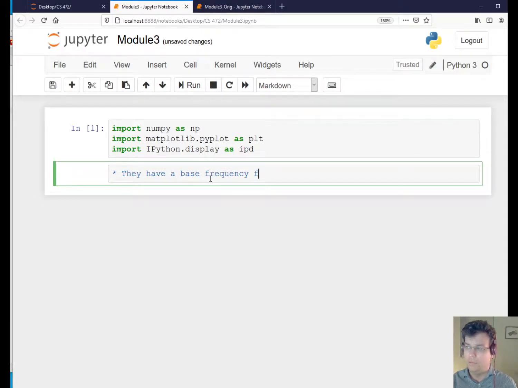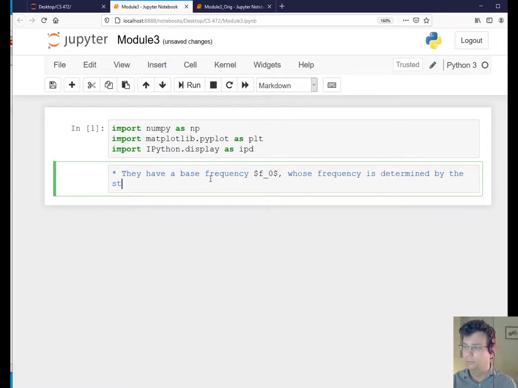I'll call it F naught, which is supported by, or whose frequency is determined by the string length and some physical parameters about the string, like its thickness